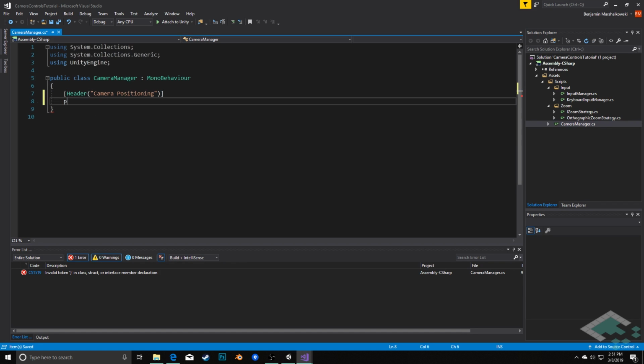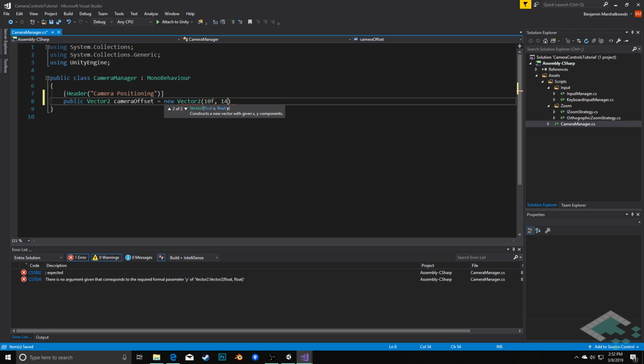And this is going to have a public Vector2 called cameraOffset. This is going to be responsible for actually determining, like how I had set the y to 14 and the z to -10. This is kind of where we set those values. I'll set it to that default for now. We'll say new Vector2 of